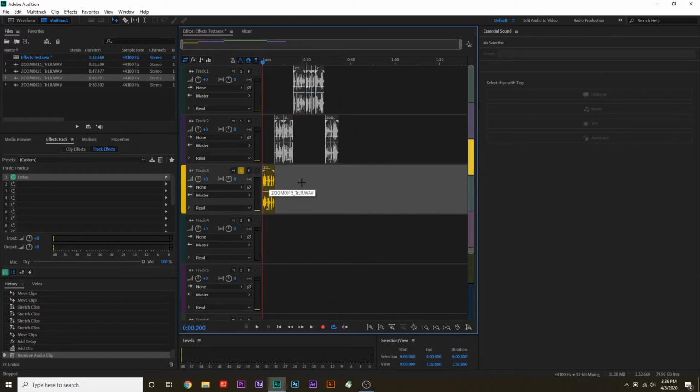So that was a delay effect applied to the entirety of track 3. We can toggle it on and off using this power button here. You can see that it's highlighted in green right now, indicating that it's on. So if you just press it, it turns it off. And when we play our audio back,